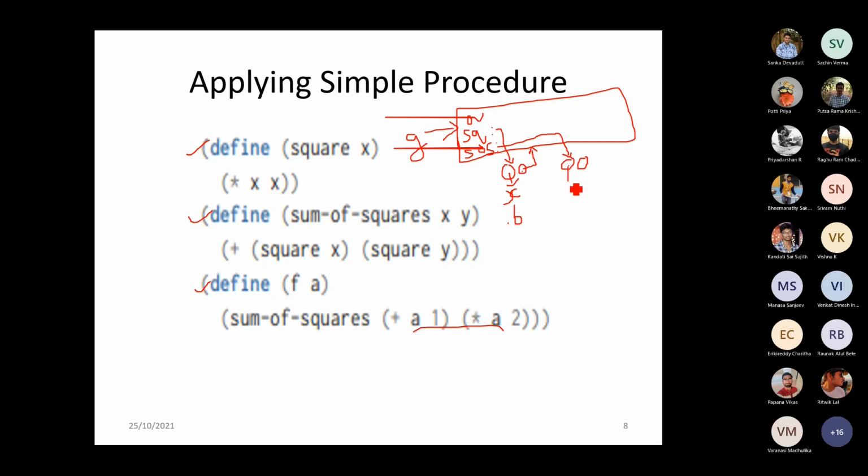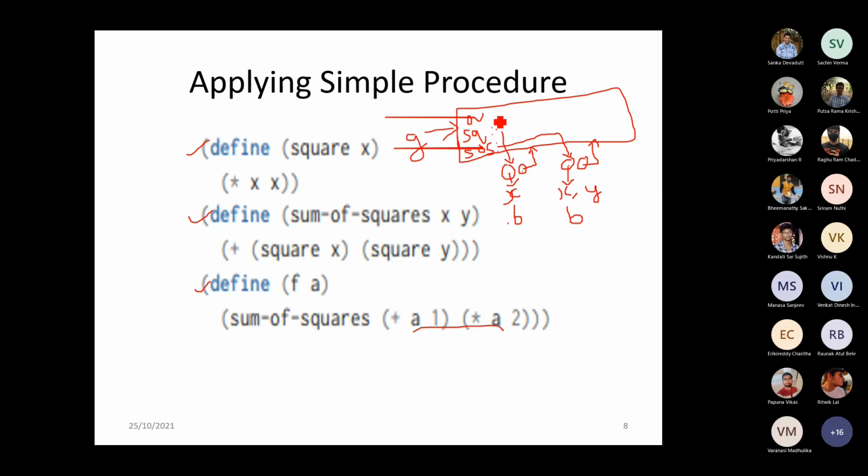Here we have two arguments, X and Y, and the body of the procedure, B. Here also we don't have any dependency with respect to any other frames, so it will be pointed back to the global, the same frame where it has been created.